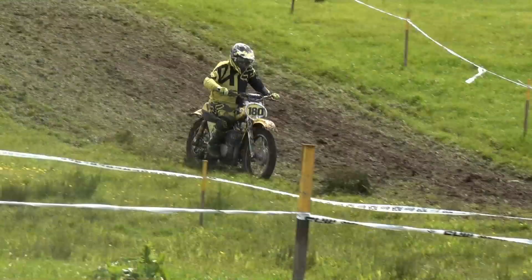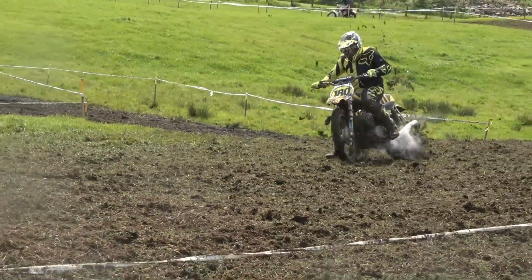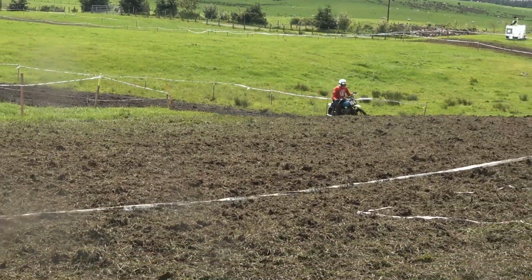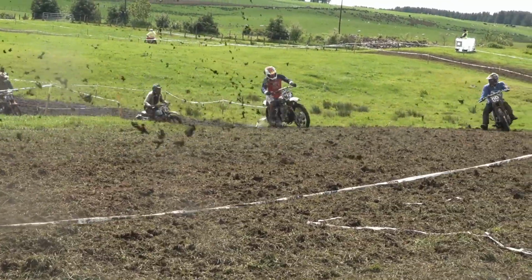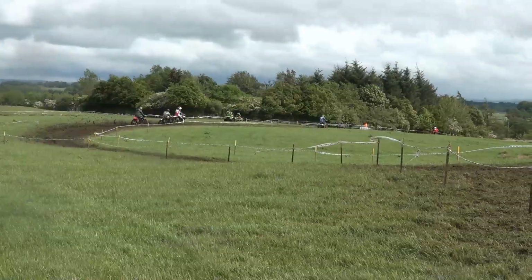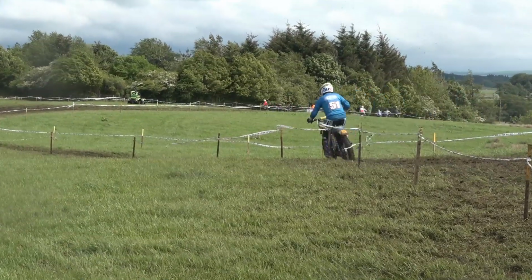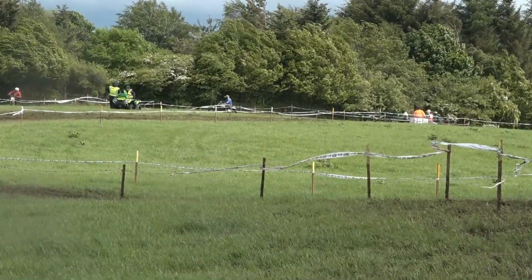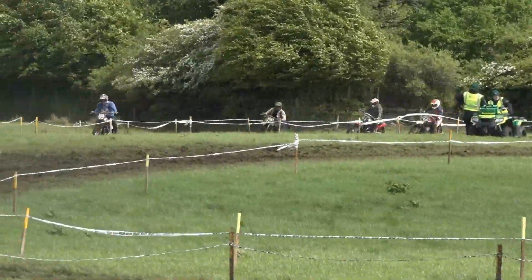So as our race leader comes towards us, it's still Archie Baird in that coveted first position. Second is still Stuart Riddle, number 164 on the twin port CZ. Looks like Mike Bell is now squeezed through to that third place position, with Kenny Harper currently sitting in the fourth. But as we look towards the far side of the track,